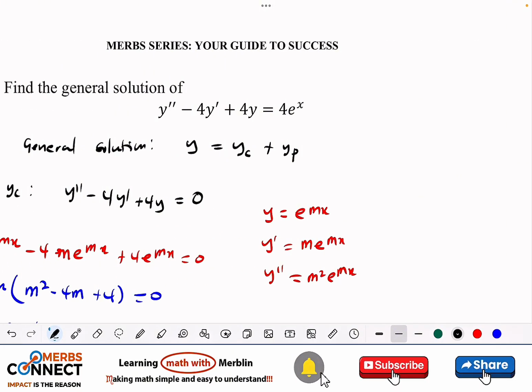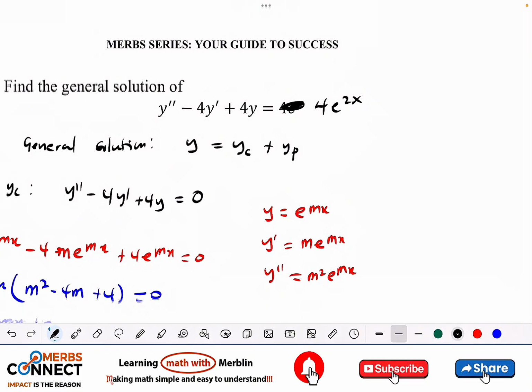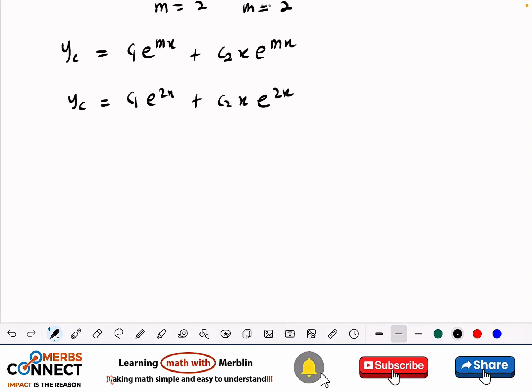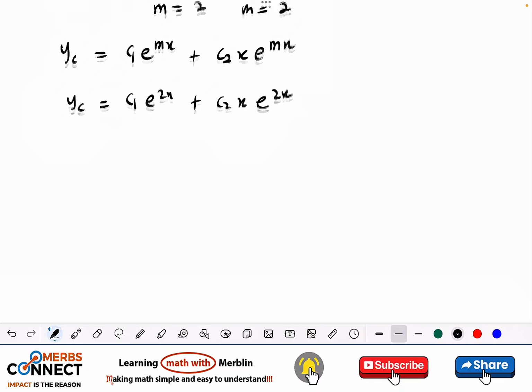I made a mistake here in my question. This guy here should be 2. So let me change that one. This should be 4 e to the power 2x. So that's what I wanted to use so that I can show you one of the things that you need to know. Good. So now that you've gotten the complementary solution, the next thing to do is to work with